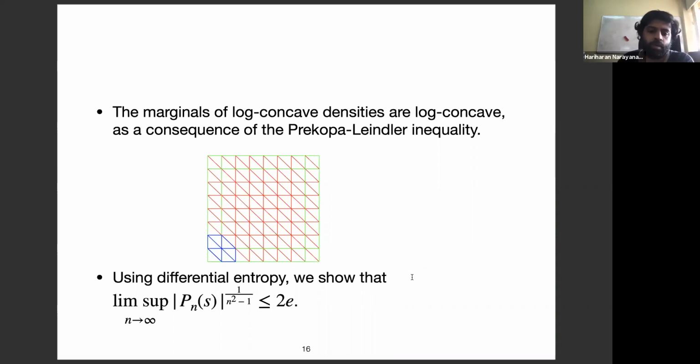How does this upper bound come about? Basically, you take a random point in this polytope Pn and you look at one small square. When you look at one small square, it bends upwards or downwards depending on the Hessian on the square. However, the distribution of that particular linear function on the polytope, which evaluates just the Hessian on one square, is log concave by the consequence of Prékopa-Leindler. It is bounded above by, let's say, 2, by the semi-concavity constraint that we have enforced. It's also mean 0 because we are looking at mean 0 sections,